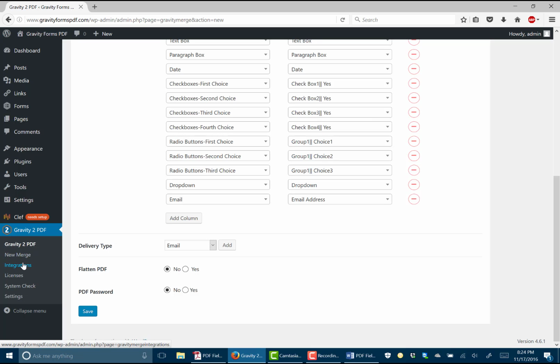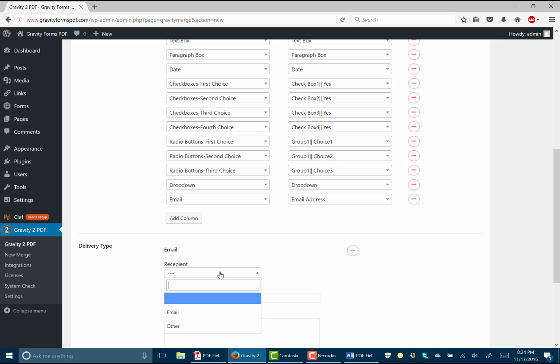If you have the paid version, we have integrations with Dropbox and OneDrive, even FTP. But for now we're going to do email, and we can do two ways. If the plugin has detected that you're using an email address, we can collect the value from the Gravity Form, which is the email address from this field on the Gravity Form. So that's what we're going to do. The email address that we enter in the Gravity Form is going to be the person that receives this email with the completed